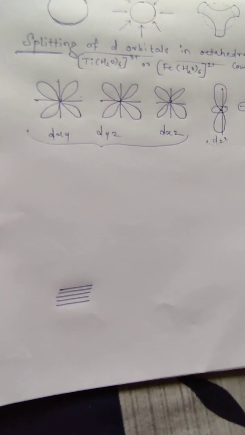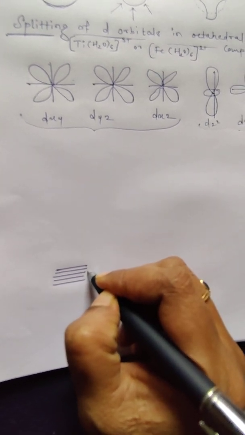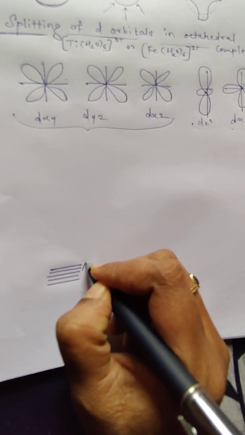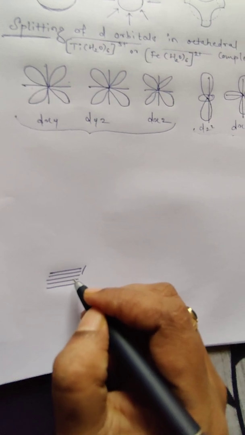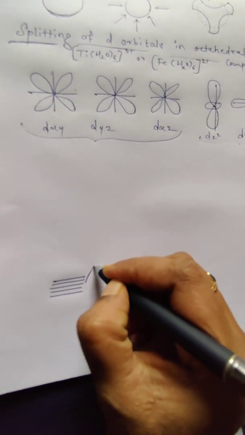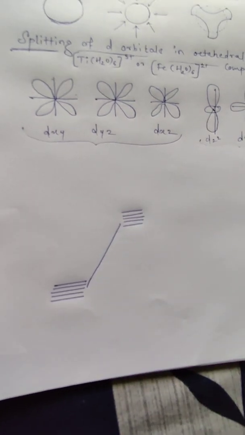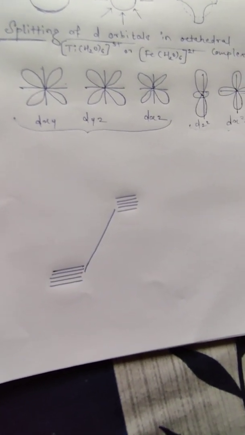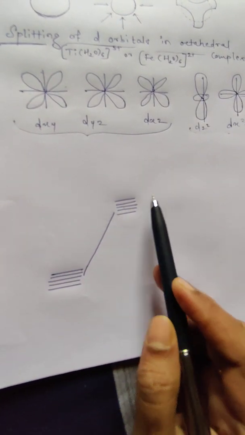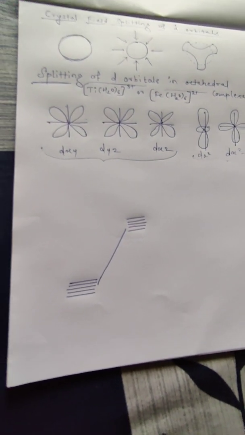It is a single metal ion. Now when the ligand approaches the central metal ion, symmetrical repulsive forces are there. Because of that, the degeneracy remains: all d orbitals are degenerate, having the same energy, but their energy level increases just as the process starts, when the ligand approaches the central metal ion. So at this stage, you can see degeneracy is maintained by the d orbitals of the metal ion.